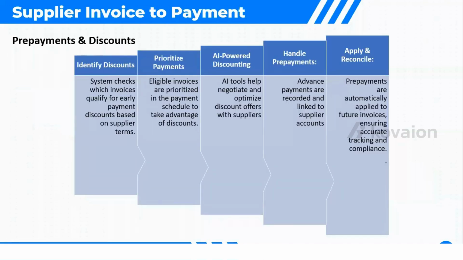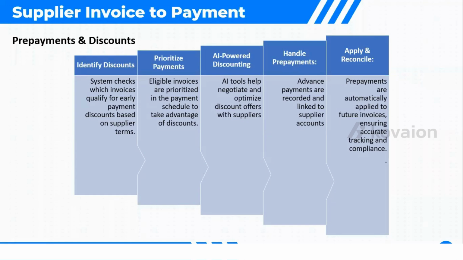The next process is prepayments and discounts. Once the invoices are approved, Oracle Fusion schedules the payments based upon due dates, cash flow priorities, and discount opportunities. Payments can be made via electronic transfers, checks, or virtual cards, all with integrated security controls. The system generates payment files for secure transmission to the banks, automatically updates the ledger, and performs bank reconciliation after the payments, minimizing manual intervention and errors while enhancing financial management. So this is the process of